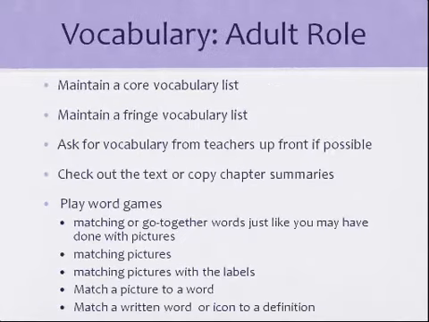So, what are some of the adult rules with vocabulary? We talked a little bit about core and fringe vocabulary last time, so let's start maintaining a core vocabulary list. Our core words, again, are words we commonly use, and our fringe words are words that are unique to the child. If there's an action figure that the child likes, Taco is a core word. A fringe word would be Buzz Lightyear with his special blue utility belt. And if they want that specific one, that's what they want.